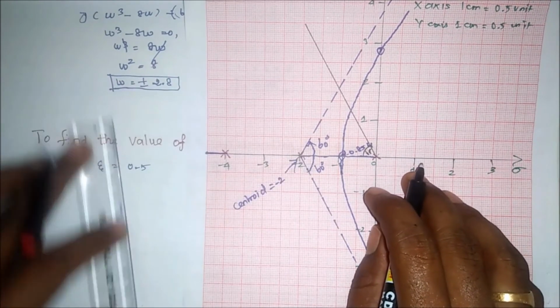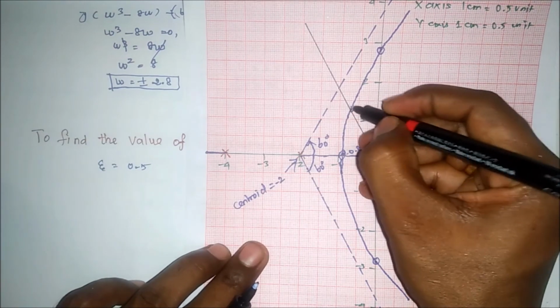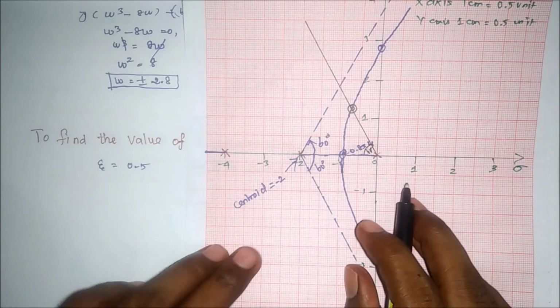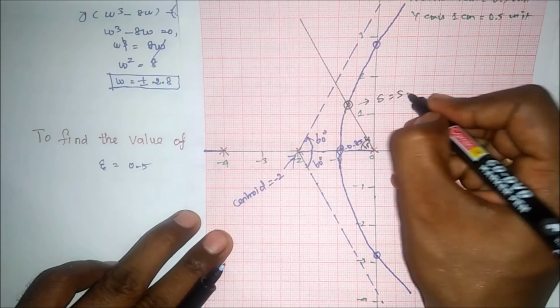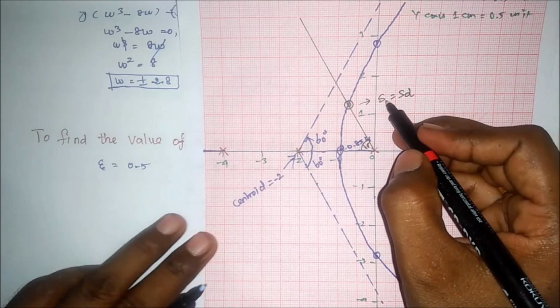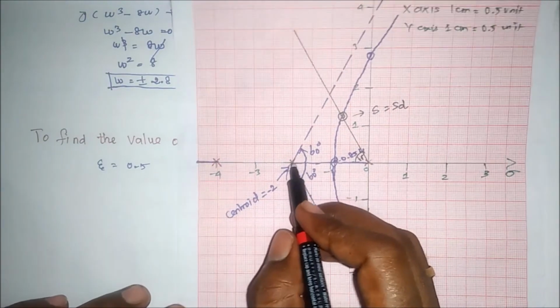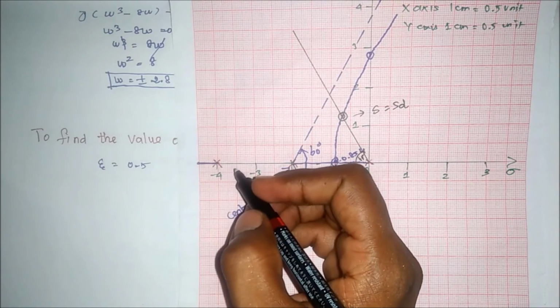Now it will touch a point on the root locus. From this we have to mark a point. Now we can say it is a dominant pole, s equal to s d. From this dominant pole, we have to connect all the existing poles. Now we have to connect the existing poles. By using a scale we can connect.